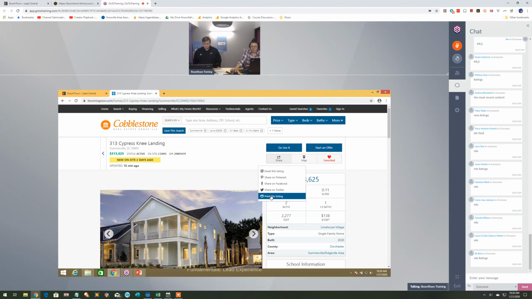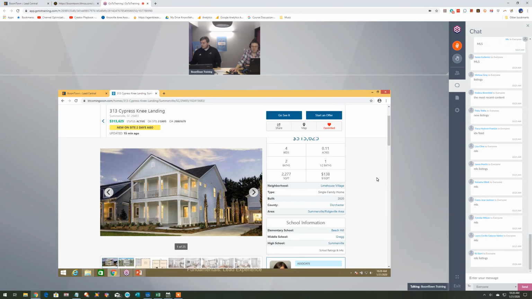So here's where they could print the flyer, and it'll be like a flyer of the MLS details. They could look at it on a map. We've already favorited it, but if not, they could favorite it that way. Then as we scroll down, it's more details: square foot, price per square foot, bed, bath,